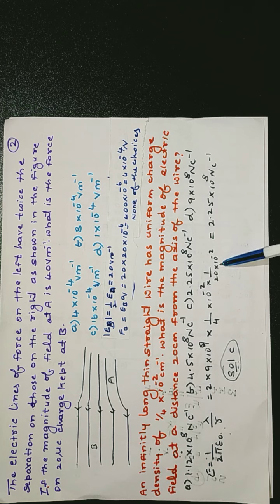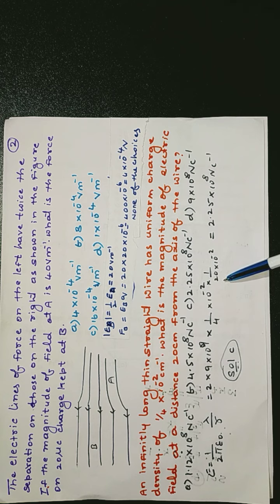Converting into meter, 20 into 10 raised to minus 2. 10 raised to minus 2, 10 raised to minus 2 gets cancelled. So in the numerator, you have 9 2s are 18. In the denominator, you have 2 4s are 8. Or you have minus 2 here. If you make it as minus 1, then this becomes 2. So this will be 9 2s are 18 by 8 with respect to the power.